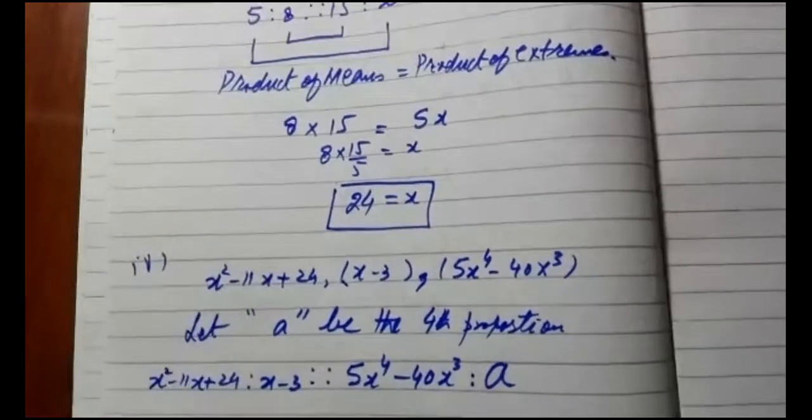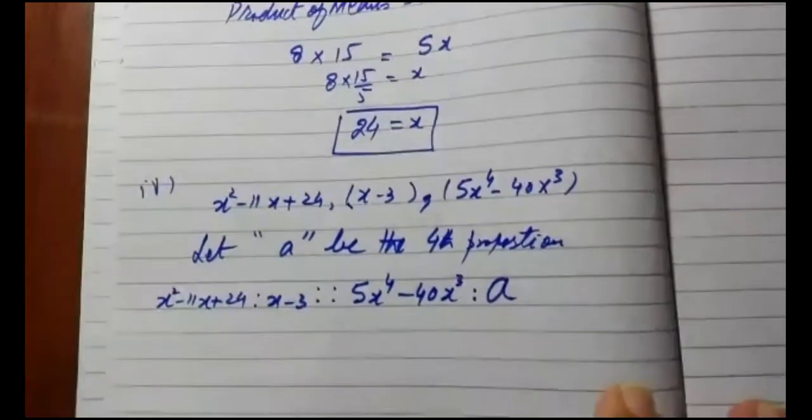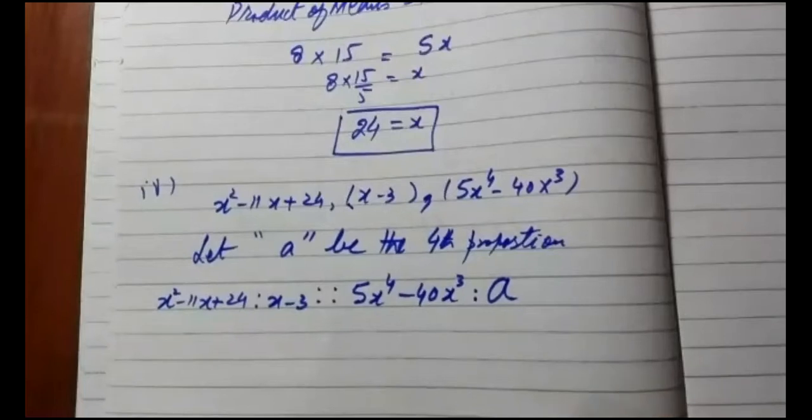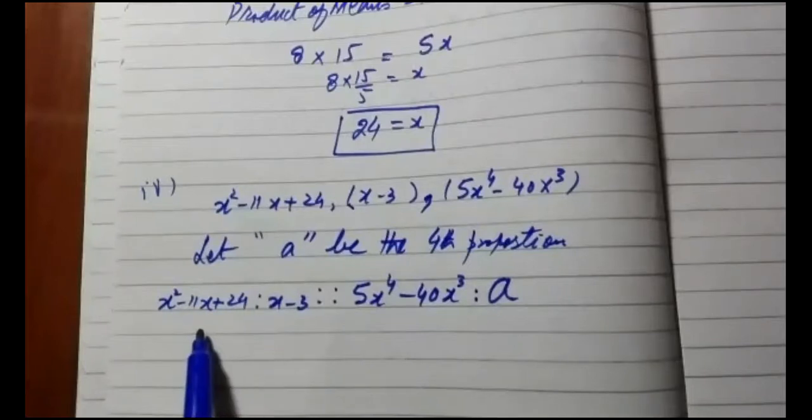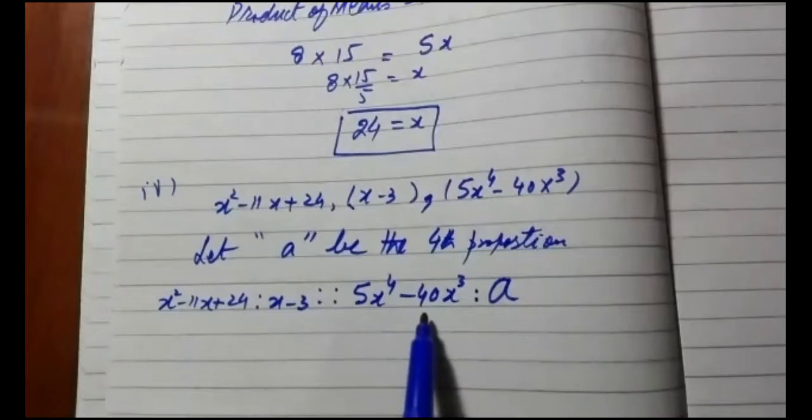It's like this one. Now we will solve it for A as we have done it before, but you should understand that this can only be workable if we factorize each part. This term will be converted into two factors, 5x^4 minus 40x^3. This will also be factored, and then we will solve it for the working or the solutions. So this is how you will see to work.